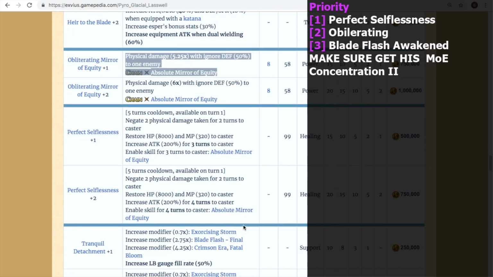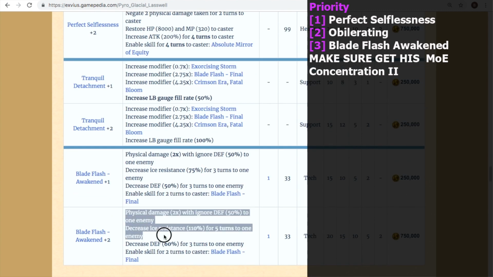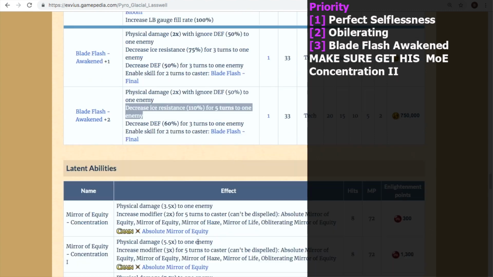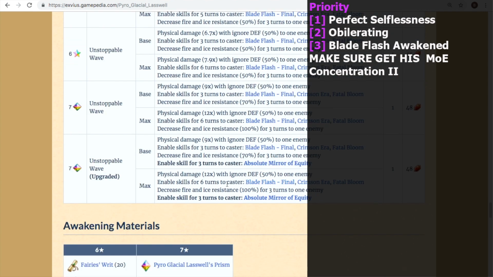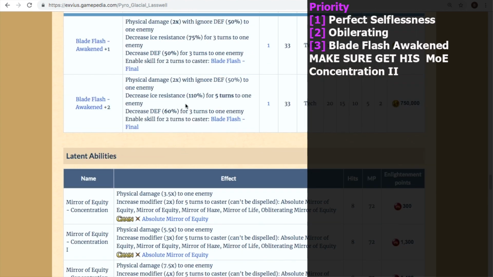Yes, I know, that is this. The better in peril is this, okay, Blood Flash Awaken. So this will imperil Ice Resist by 110%, so 10% better. I don't think that is that much, okay, so yeah, I think use his LB, okay, it is cool and it deals almost the same damage. So that means it deals 24 times damage when max, and with Blade Flash Awaken you deal